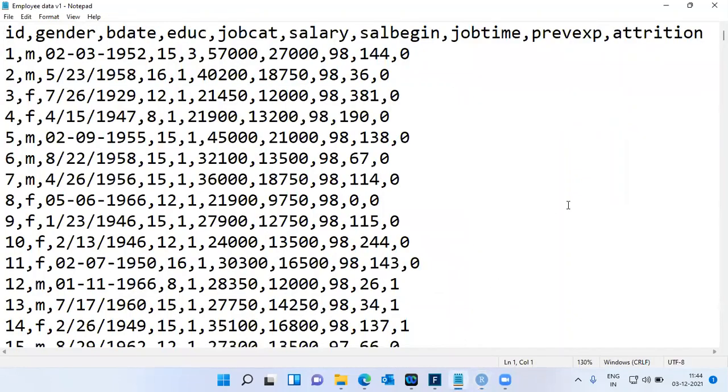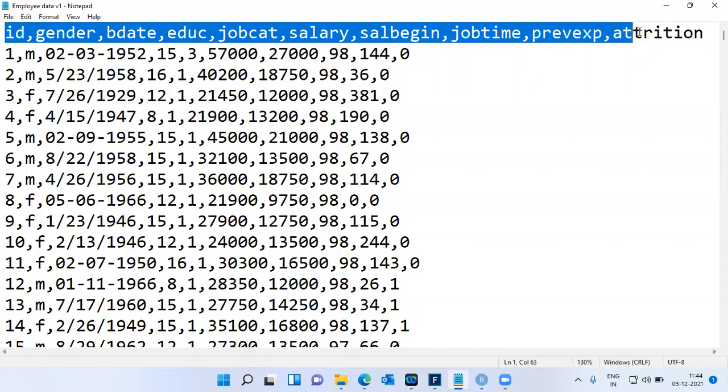This is the file which I want to import. You can see here the name of the file is employee data, and right in the first row you can see the column headings. There are two important observations that you need to make whenever you bring a CSV file into your R environment. The first important question that we need to ask ourselves is, what does the first row contain? And as you can clearly see here, the first row contains the column heading.